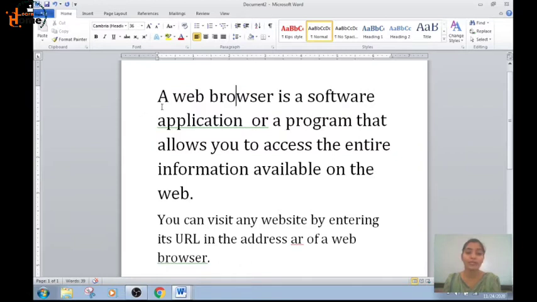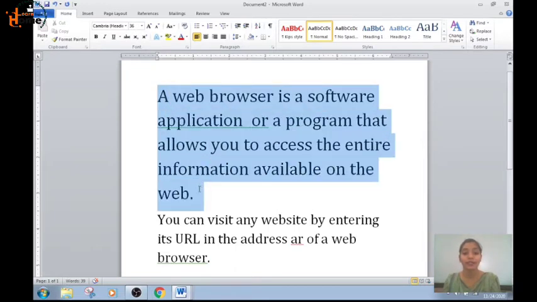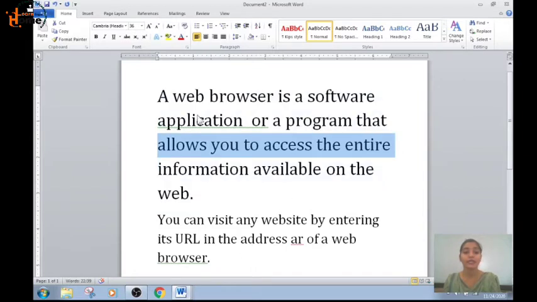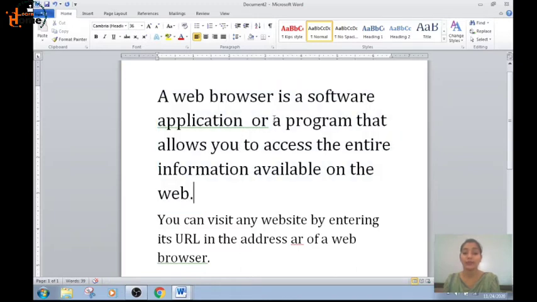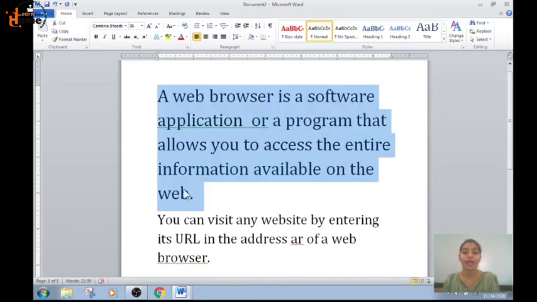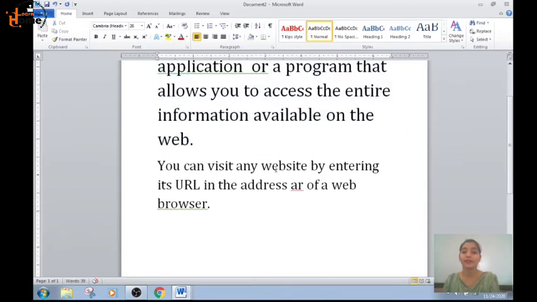Now if you want to select the whole paragraph, one way is just place your cursor here, press the left mouse button and hold it, drag it and release it here. In this way you can select a paragraph. The other way is you can simply click 3 times on this paragraph. Okay, this is selected. If I click anywhere on the paragraph, the whole paragraph will be selected. See, I have triple clicked here and this paragraph is selected. If I want to select this paragraph, I will triple click here. This paragraph is selected.